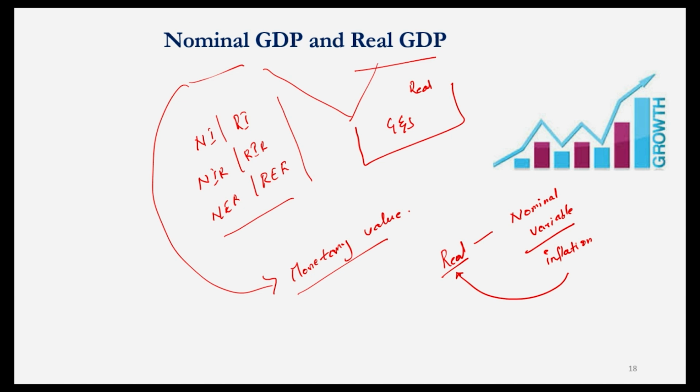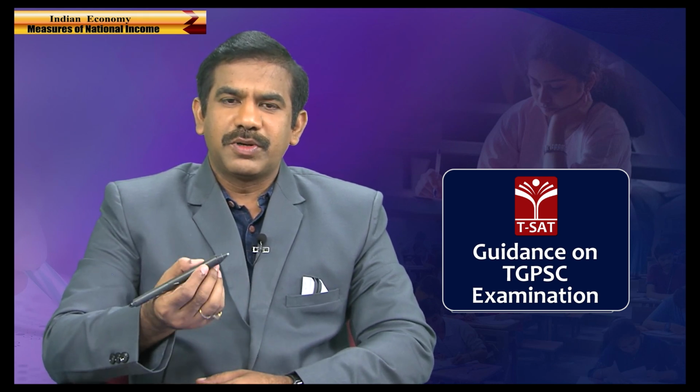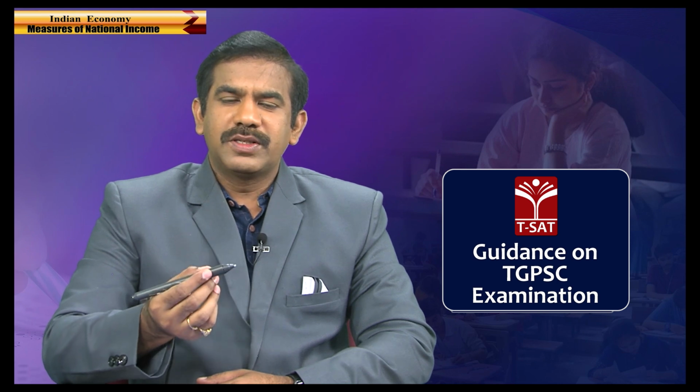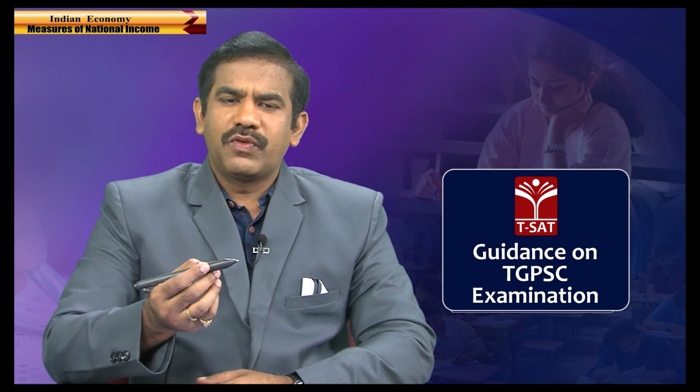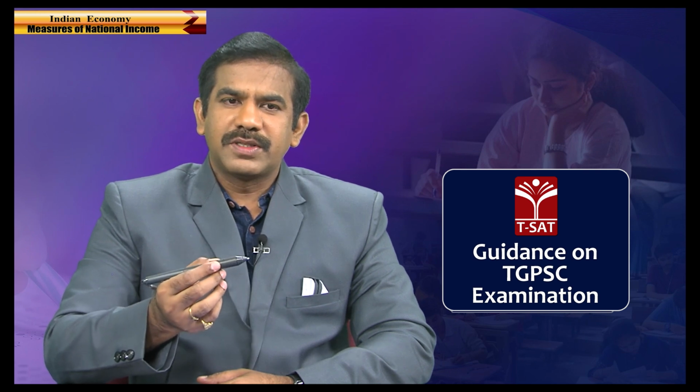So, now let me make it clear what is the difference between nominal GDP and real GDP. Nominal GDP technically is defined as GDP measured at current market prices. Let us say our country produces a basket of output, and the worth of output the country produces, if you measure it at the current prevailing market prices, we call that nominal GDP. So, if you take this particular pencil, and imagine this country produces only one unit of output and this is the only pencil, the value of this pencil right now measured at the market price is what I call the GDP or nominal GDP.